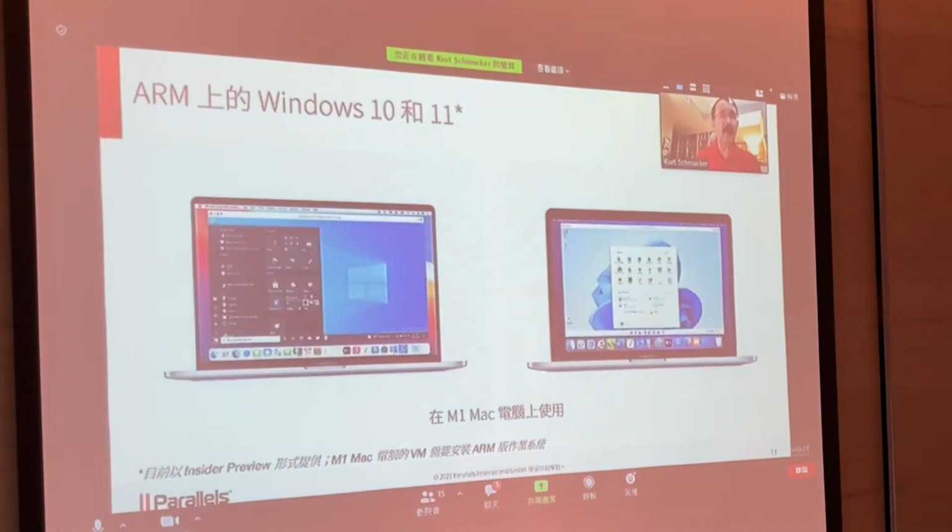So both Windows 10 and Windows 11 are available from Microsoft, either for the Intel-based Mac or for the M1-based Mac, although you do have to join the Insider Preview program that I mentioned earlier, but they're both available. 不管是 Windows 10或11呢，都可以在 Intel 或者是 M1 的 Mac 上面来运作。不过也正如刚刚所提，必须要先加入一个 Windows 11的 Insider Program，但是这个是大家都可以加入。